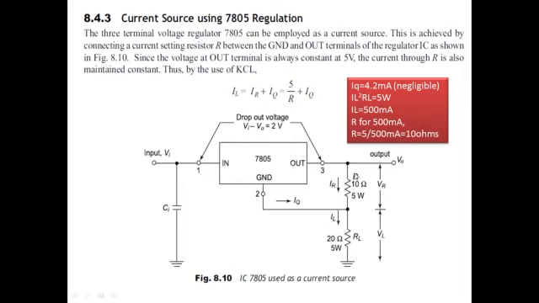So I know my voltage, that is 5. I know the current that is passing through it, that is 500 milliamperes. Now by Ohm's law, I can find out the resistance value. So V by I will give you the resistance, that happens to be 10 ohms. So 10 ohms should be used over here to have a current of 500 milliamperes.